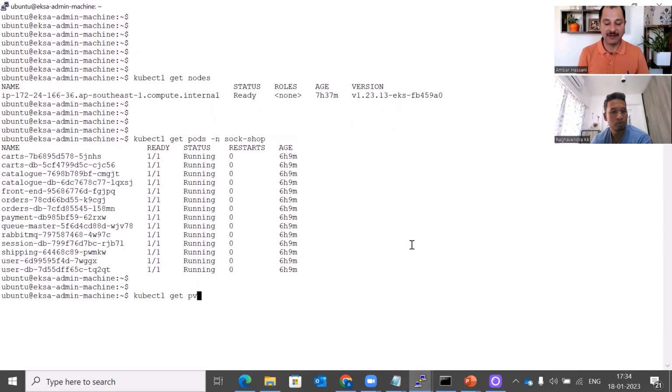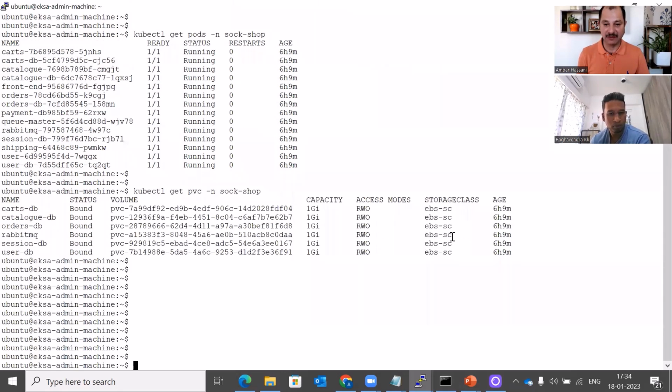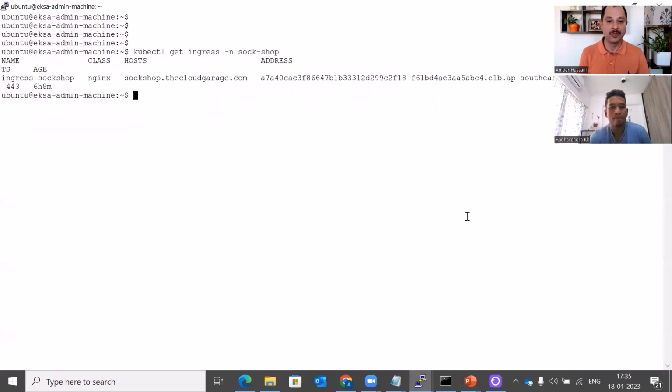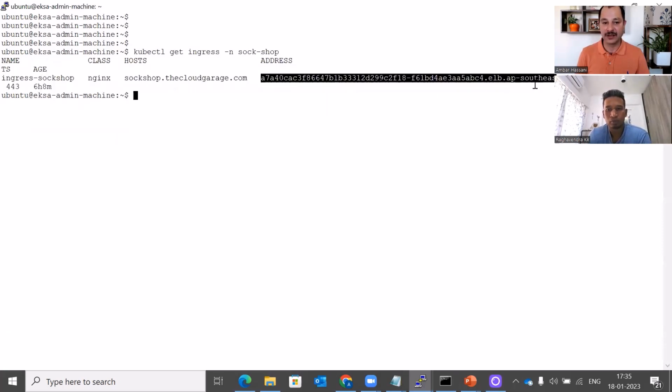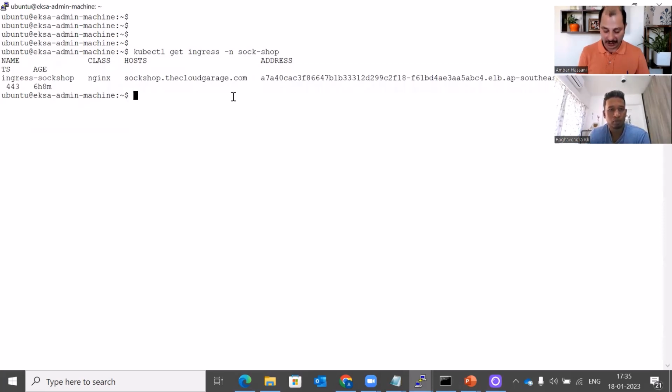kubectl get pvc -n sockshop. And we can see the 6 PVCs which are running with 1 gig capacity through the EBS storage class, right? At the same time, we have our ingress to reach the SockShop front end. So ingress -n sockshop. You can see that this is available at the NLB, network load balancer, address here. The host name for the front end is sockshop.thecloudgarage.com. If I do a ping here,